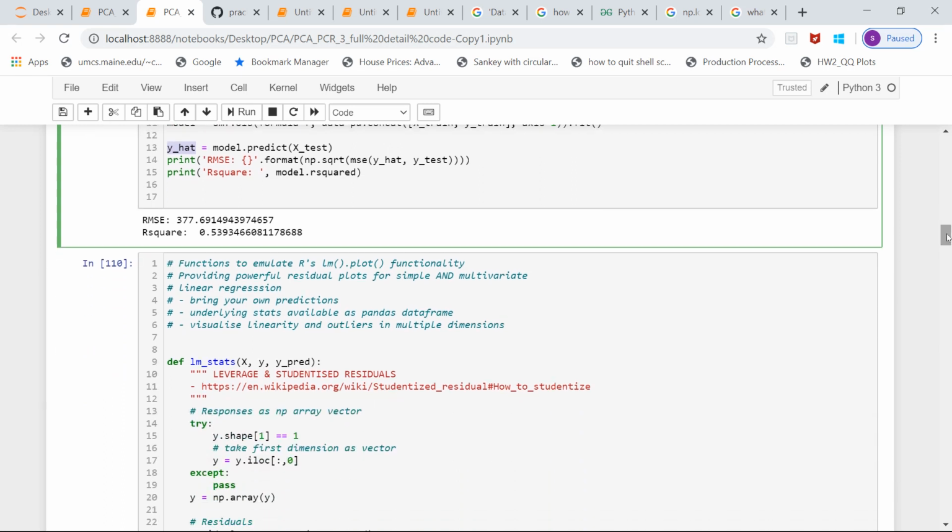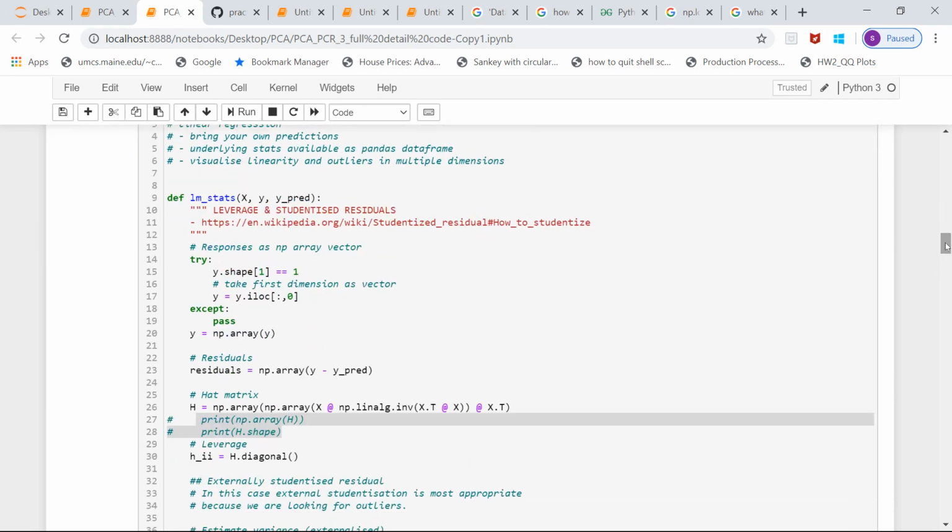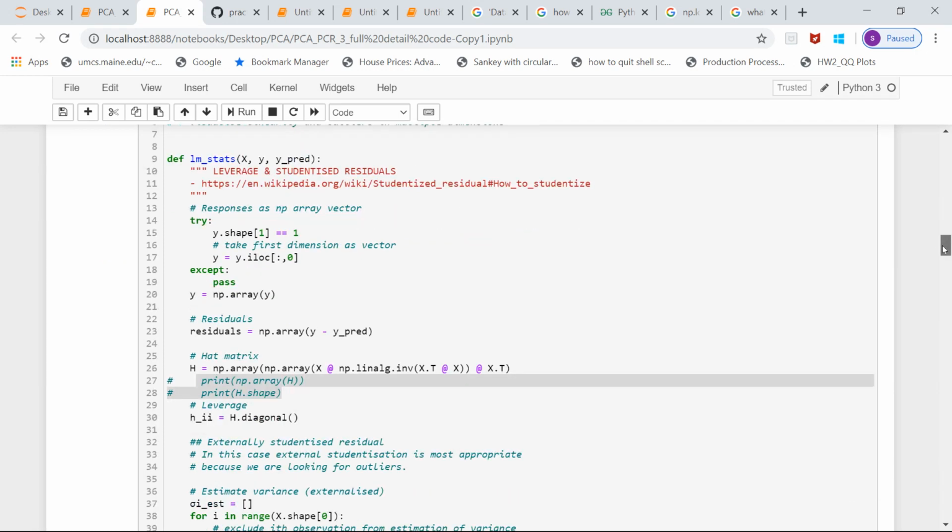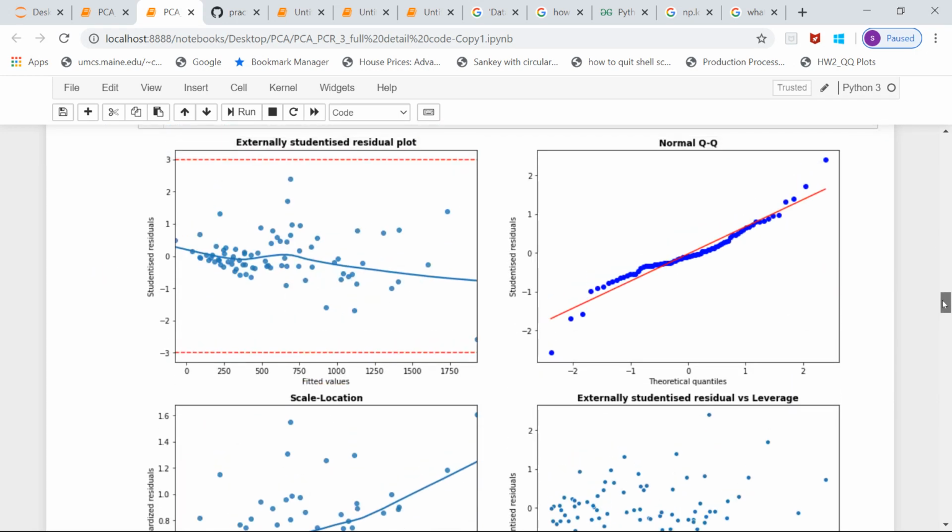Before going to PCA, let's see how the residual plots look. There is a bit of coding over here which we will cover when we do linear regression. There are four plots that we have come up with, four residual plots. The first one is the plot of residual versus the fitted value. If there is any type of conical shape, then we can say that there is some type of non-linearity associated